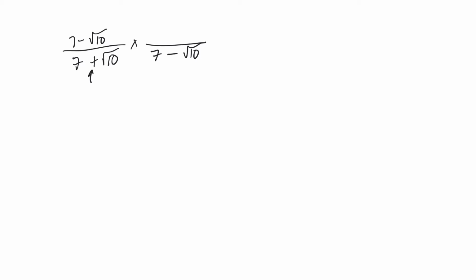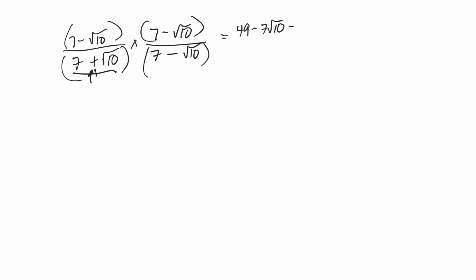It just happened that the top is the same thing as that, but that doesn't matter. You take this, and the conjugate is you just change the middle sign. Multiply top and bottom. Okay, so let's multiply. It'll be a FOIL kind of thing, a double distributive property. So 7 sevens are 49, minus 7 root 10, minus another 7 root 10, plus the